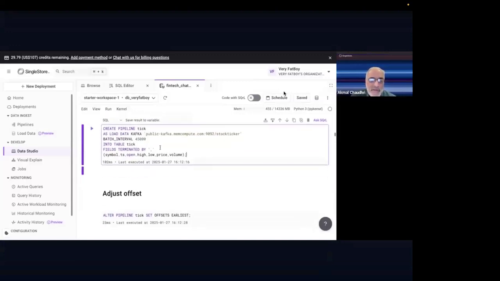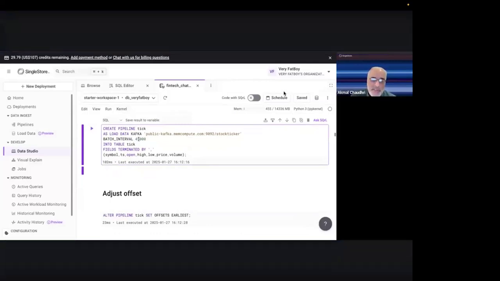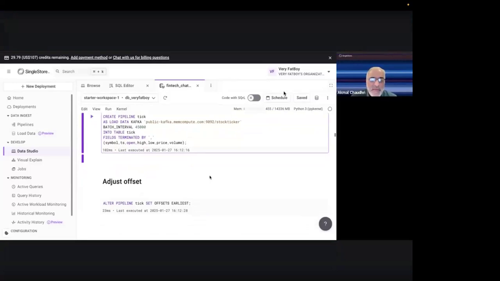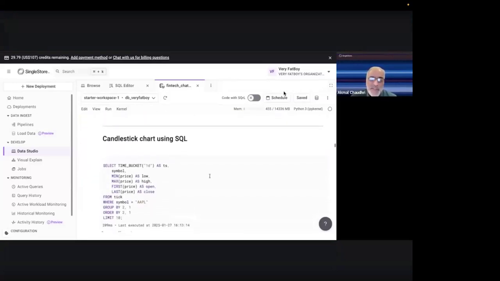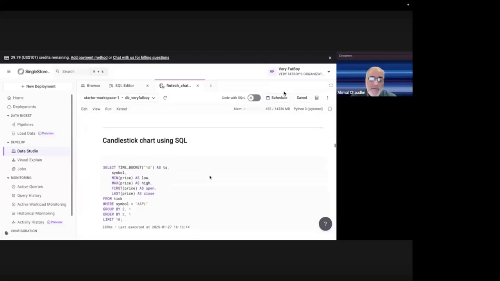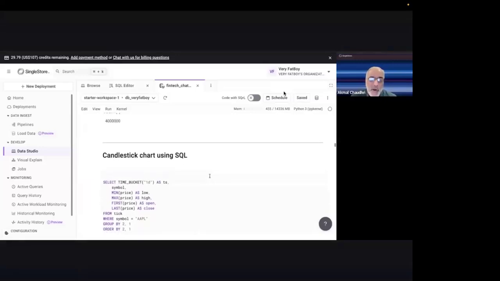If you look here carefully, you'll see that the batch interval has been set to 45,000, which is required for the free shared tier. It's just to throttle things a bit, manage the resources a bit better. If you decide to use the standard tier, you can, of course, adjust this value and choose something that suits your needs. But for this environment, that is what we're able to use.